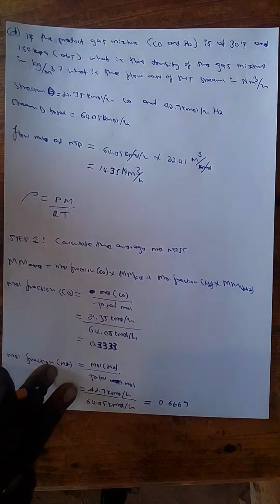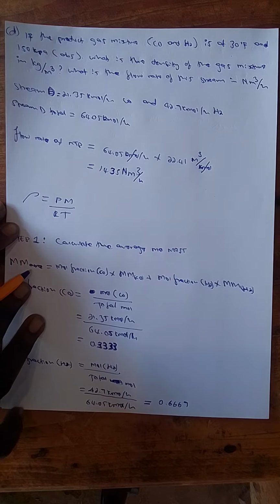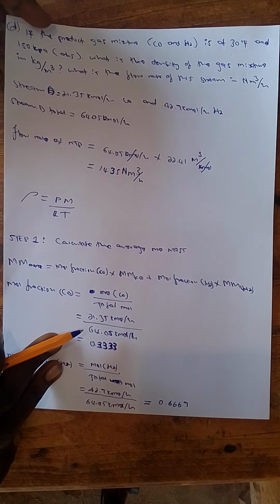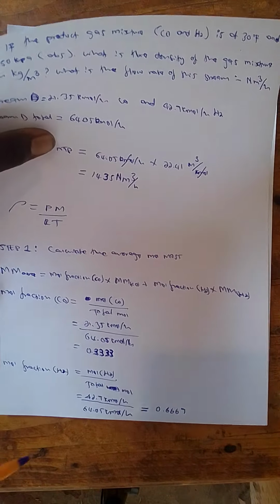Now if we are able to get the mole fraction of both, it's easy to go back to the equation and calculate the average molar mass of this gas stream. And when we've done that, we can then go back to the equation with that. So with that said, therefore, the average molar mass is equal to